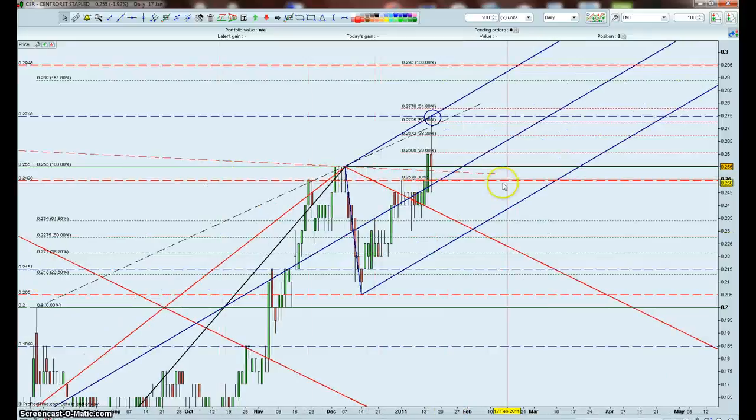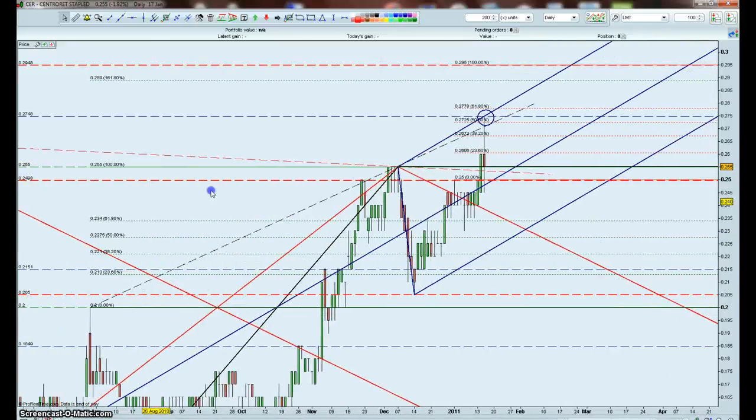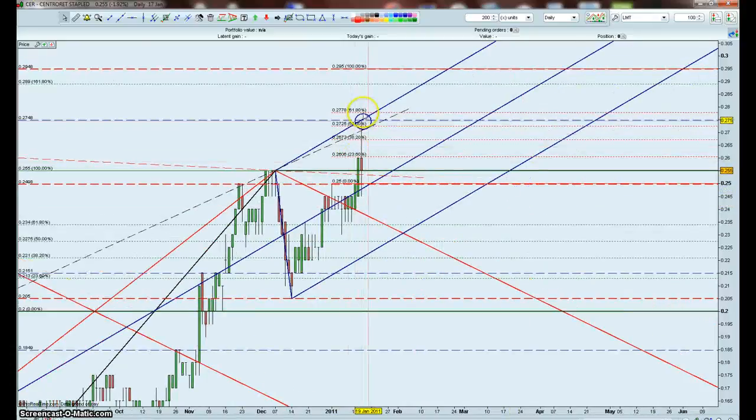to me, if I was trading the pitchfork rules, I would see this red trigger, the break of that red trigger, and the fact that it's closed above there, I would see that as a very positive move, and also the fact that it's challenging this black trigger up here. So they're positive moves. But having said that,